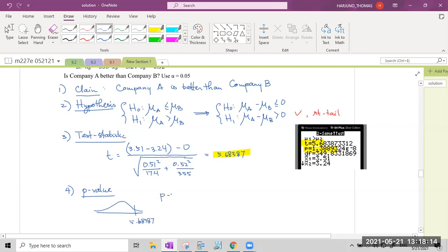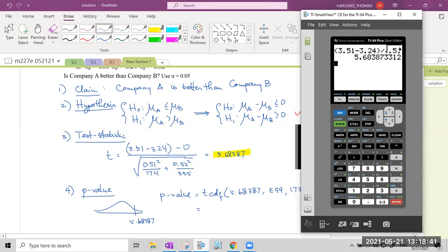So the p-value is TCDF 5.68387 to E99, degree of freedom 173, the smaller number. Notice that they use different degrees of freedom. But I believe the result will still be 0. So TCDF